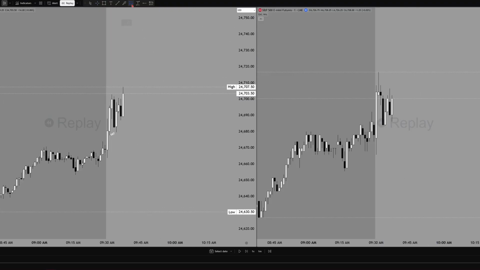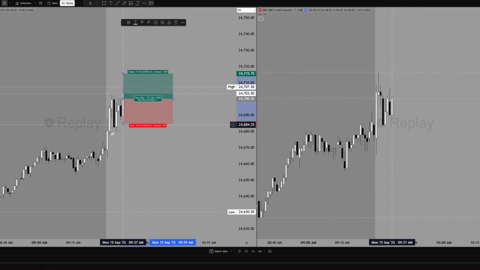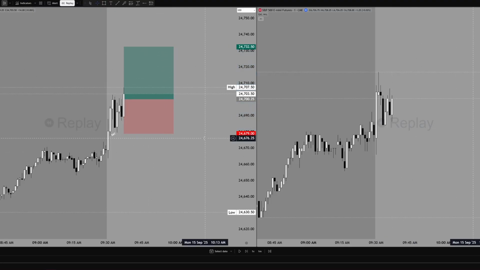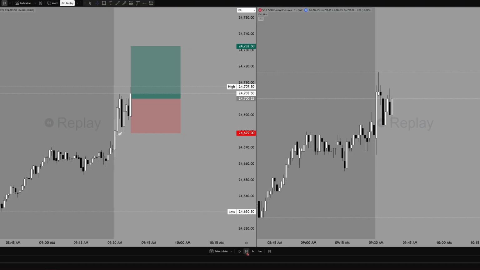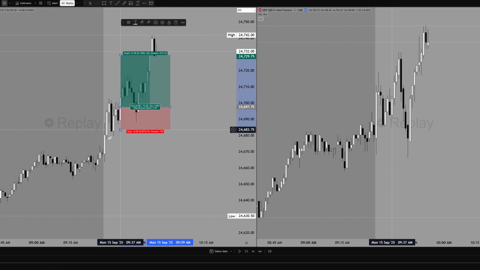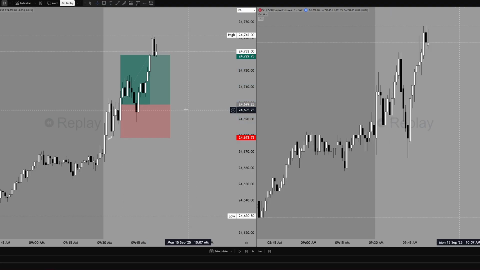Okay, right there. I'm probably gonna long here. Stop loss probably below this right here. And then the target is 30 points. And let's see. Am I gonna get stopped out? No, TP bang. I could have put my stop loss here as well, but I want to make it a bit higher. Put it on the displacement candle, which is right here, which is not bad. It's only 20 points. Enter around here.